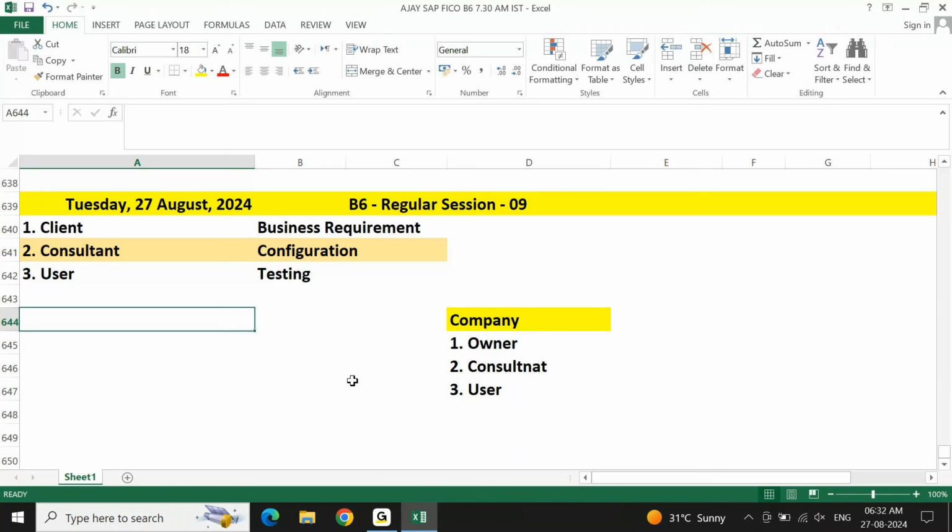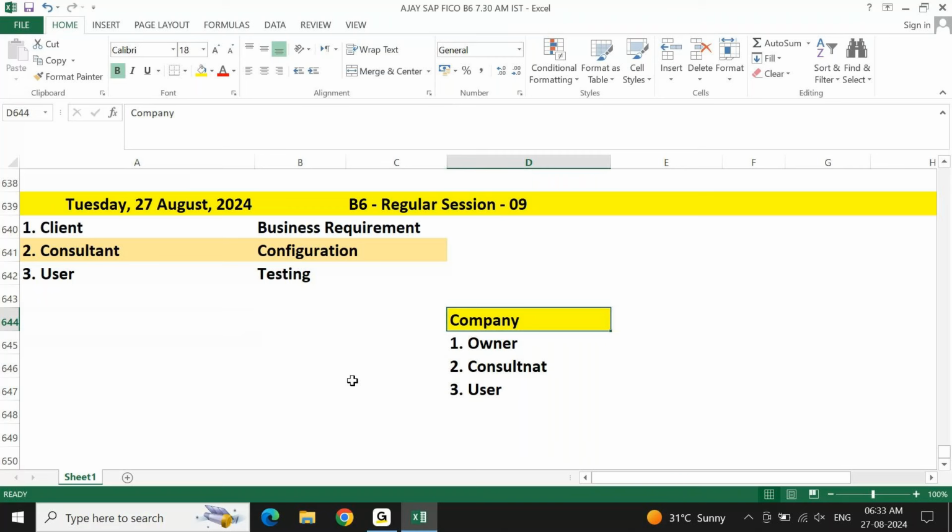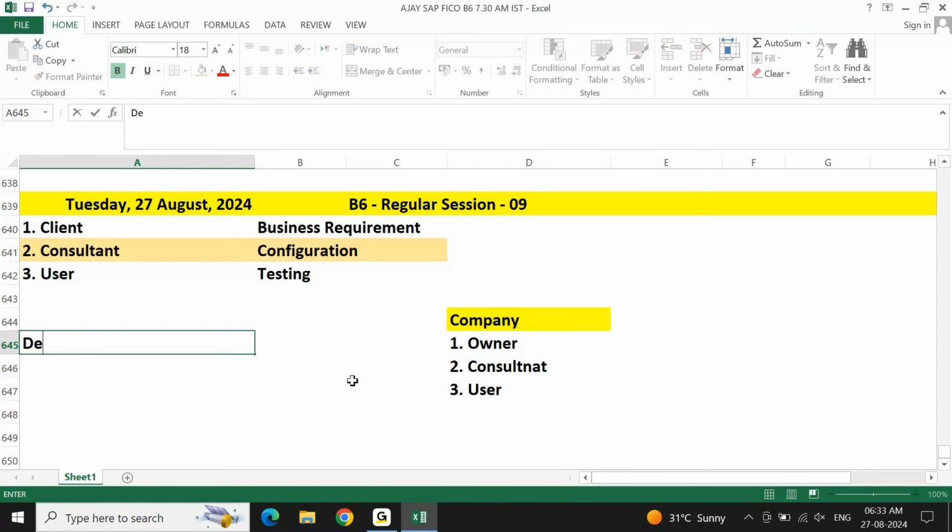Okay, once these things are there, you need to think from the business point of view. When I say business point of view, I am talking from the owner point of view, because there is no owner here. If you're talking about I am going to practice for Dell, no Dell owner is coming and sitting with you to tell their requirement. You are telling a Dell company code, you are creating entries left and right. Okay, you are taking Apple company code, you are posting entries left and right.